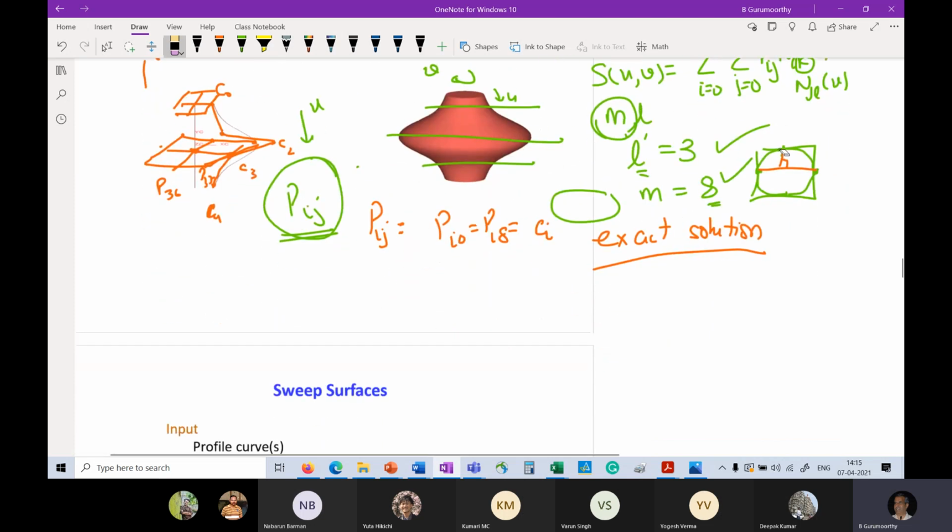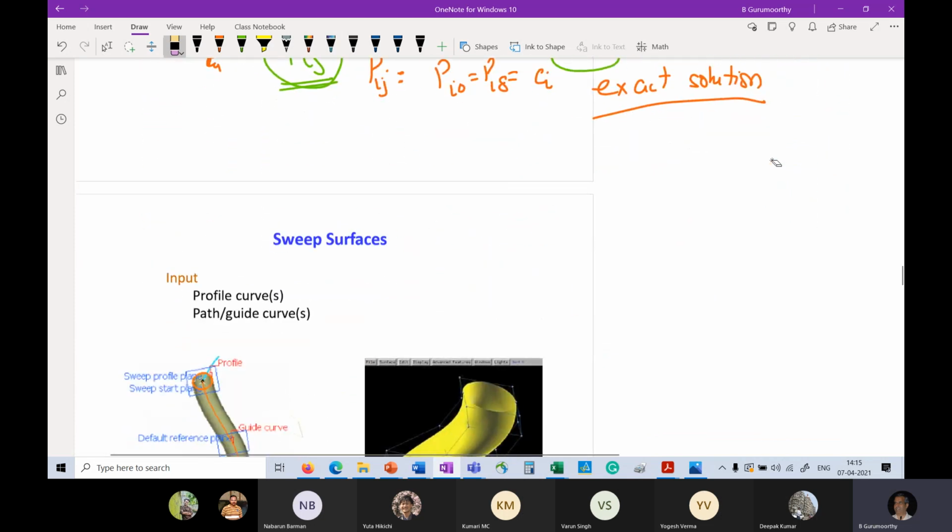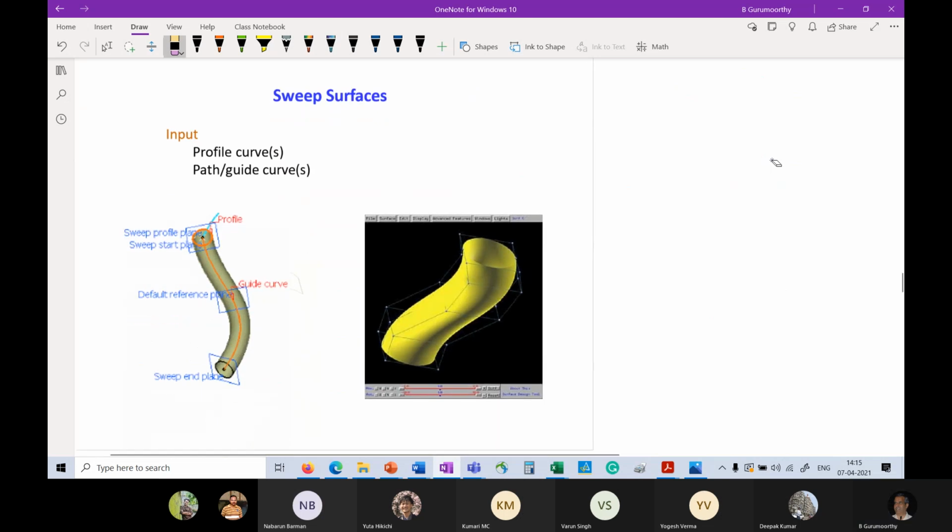And the next category is what we call a sweep surface. Right? Now, most of you are already probably familiar with this. There are two inputs that the user needs to give. Right? One is known as a profile curve. In this case, the circle, right, which is being swept in this path, is the profile curve. And the path along which it is swept is called the path or the guide curve. Okay. And so there are two possibilities that happen. One, let's say that,